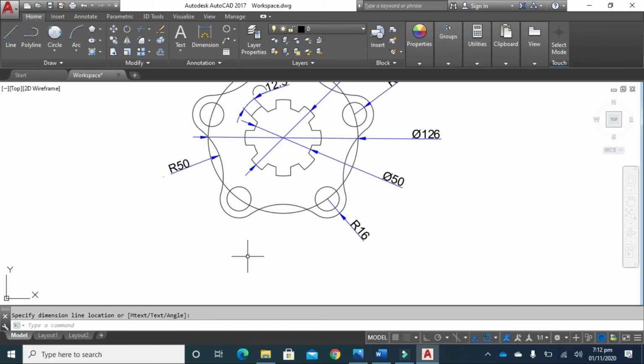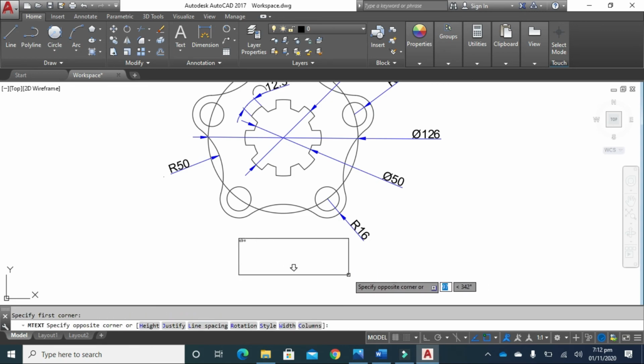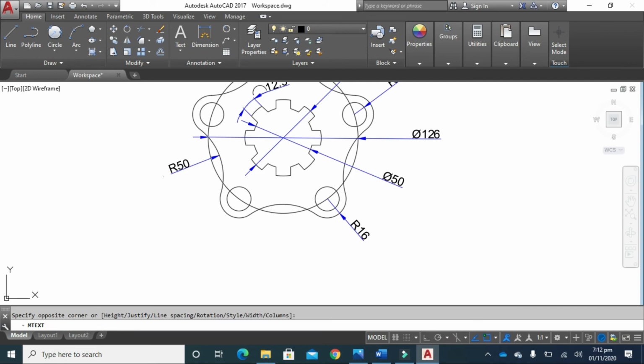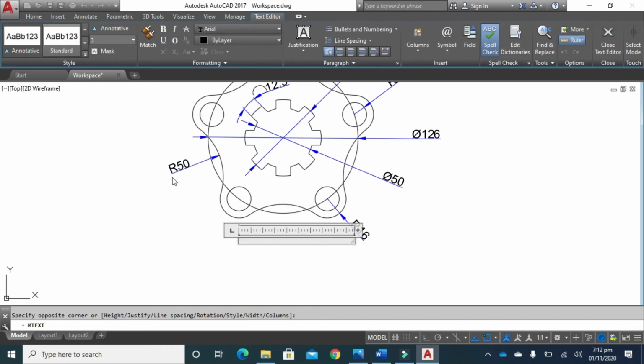For text writing, type MT and press enter. Click here and click here. Now select font size. I am writing 6 and press enter. Now type reference plate.